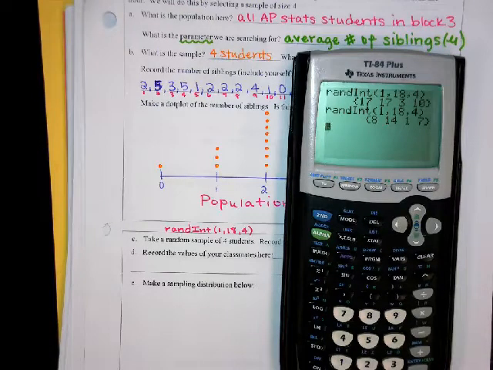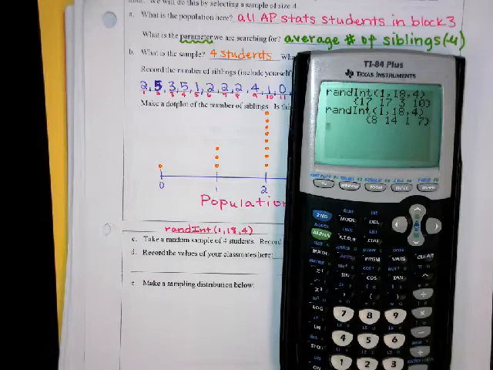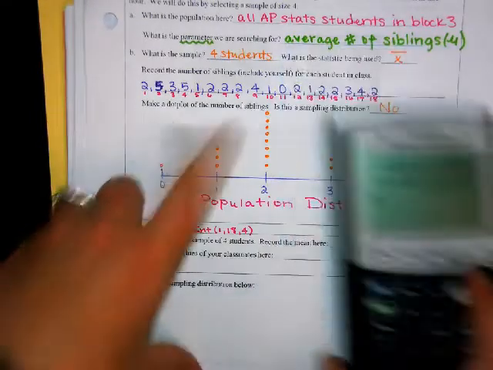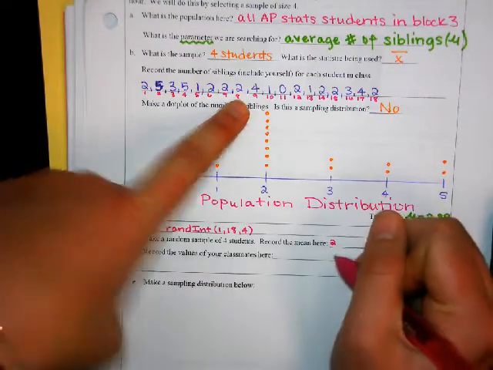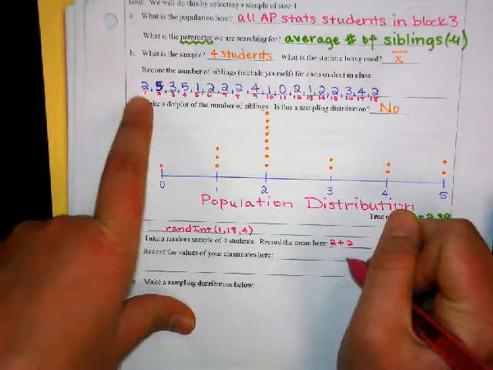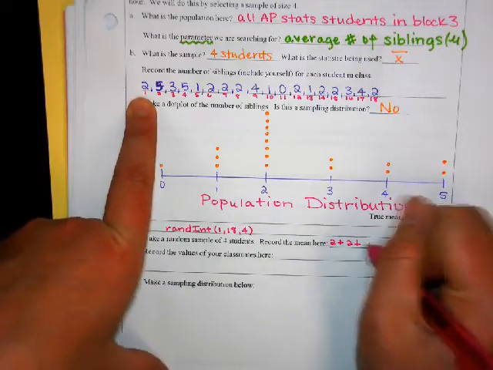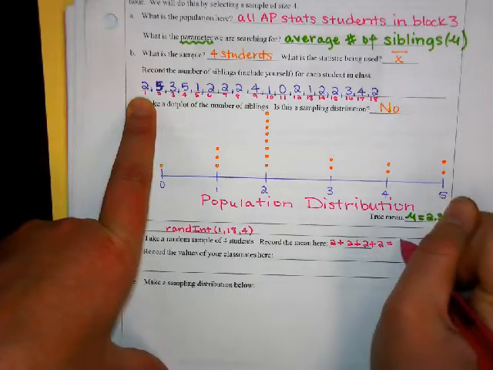So 8 was 2 siblings. 14 was also 2 siblings. 1 was also 2 siblings. And 7 was also 2 siblings. So that makes finding my average easy. 8 divided by 4 is 2. So you guys are going to find your sample of 4,